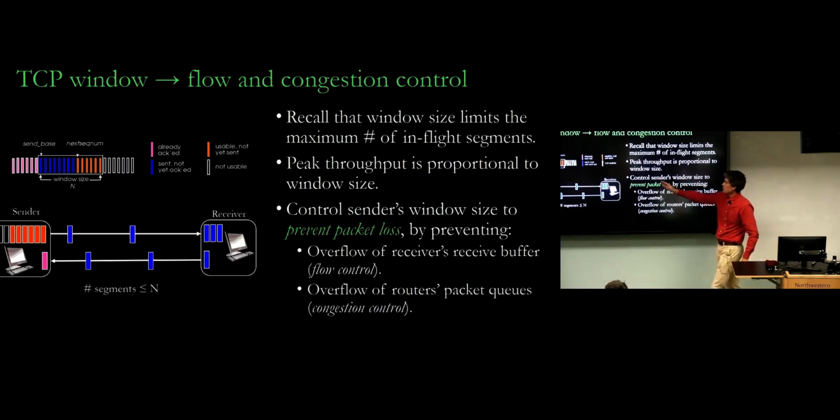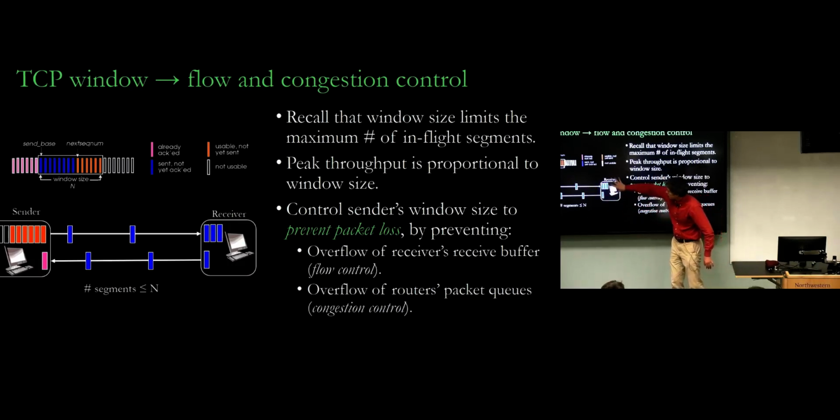So by controlling the window size, the number of packets out on the wire, the sender can prevent overflow of the receiver's buffer. There's some buffer here that the operating system and the networking hardware both have to store packets that haven't been delivered to applications yet. And the network itself has routers, which we're not showing, that are hops along the way, that have limited storage capacity. Having a window too large could both overload the receiver and cause losses here, and it could also overload the network and cause losses here.